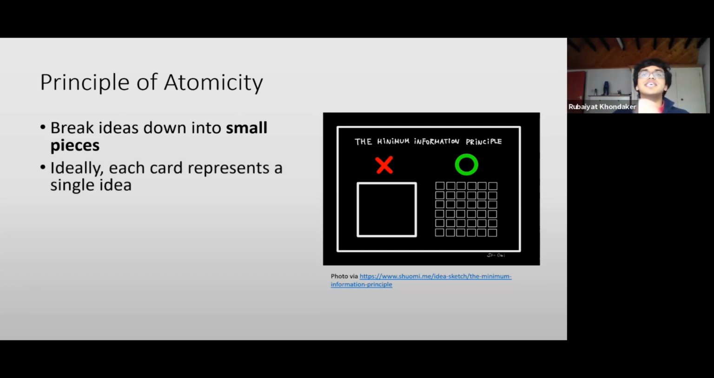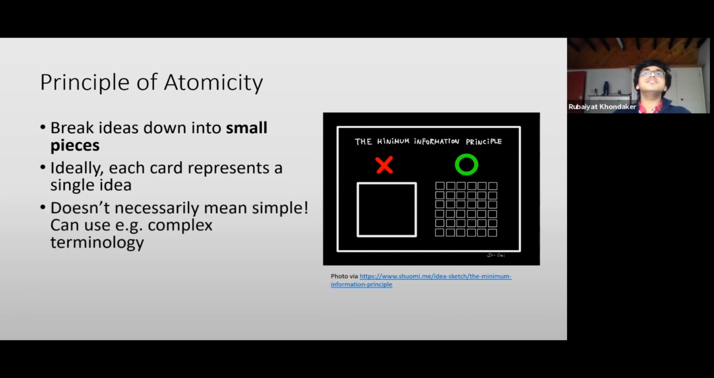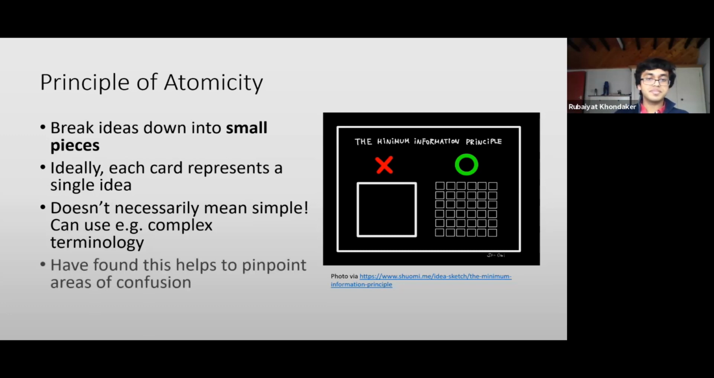Ideally, each card will represent a single idea. For example, why is it the case that a real symmetric matrix is diagonalized by an orthogonal matrix? It doesn't necessarily mean it has to be simple ideas. You can use complex terminology, like math terminology, but it should try to be something that doesn't have too many pieces of information on one card. I've personally found that this helps to pinpoint areas of confusion. For example, I'll have proof cards where I'm given some steps of the proof and I have to fill in the next step. And if it takes me a while to figure out what the next step is,